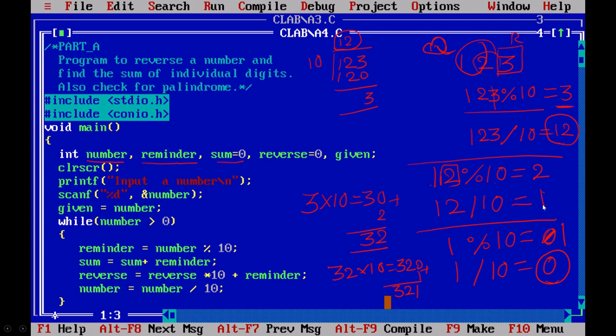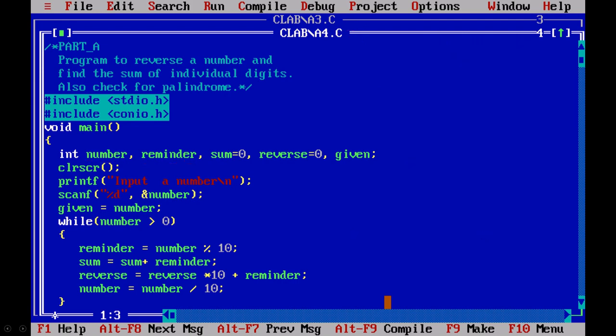So this is the actual logic we are going to follow. To start with the actual coding, we want all these variables: the input number, the remainder, and the sum, correct? To find the reverse, I will be using the sum of individual digits. So sum, reverse, I want the reverse of the number, and temporarily I will store my number because I am going to divide it by 10 every time. So 123 will become 12, 12 will become 1, and I want to compare it with the reverse. For that sake, I am going to use a temporary variable to store my number. So here, clear screen, input a number.